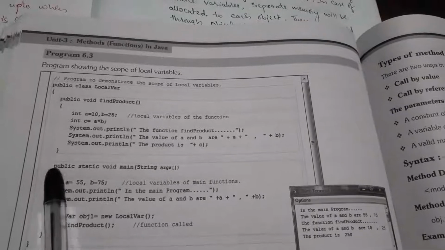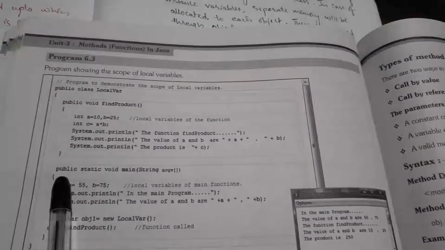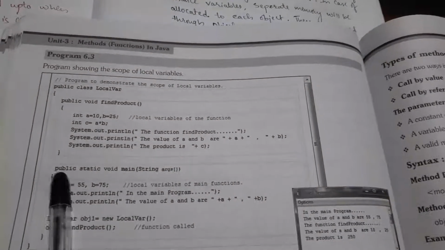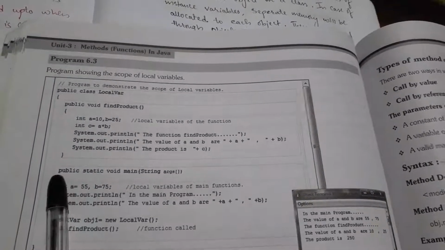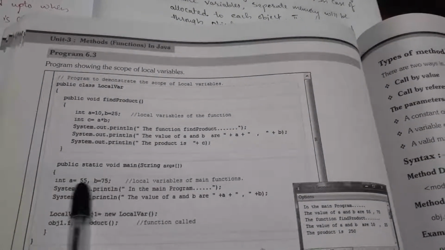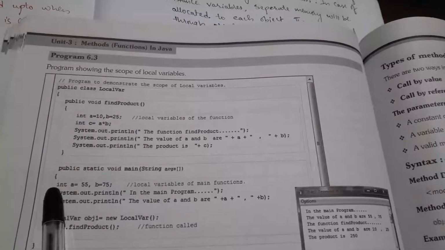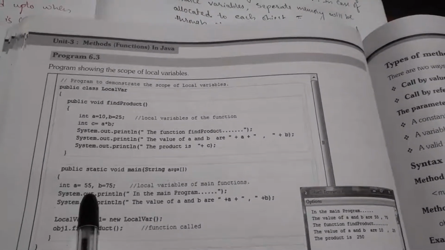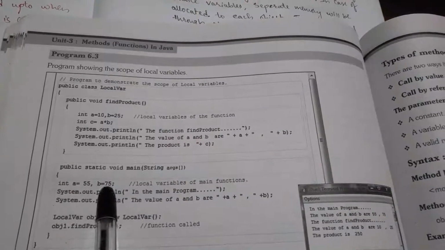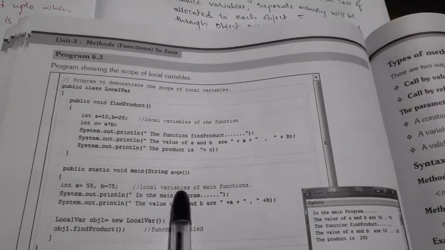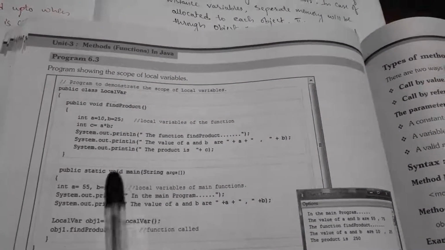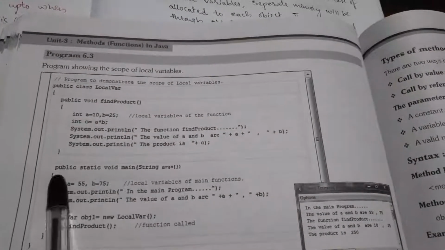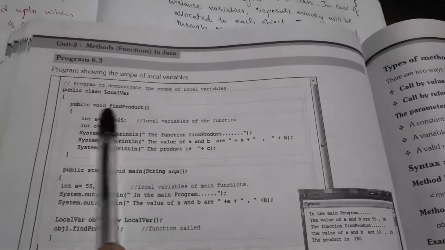Now similarly, after closing the curly braces, another method has been used, that is the static method, public static void main. Here also you can find a similar kind of variable but storing different values: a equals 55, b equals 75. This is called a local variable of the main function. So this is considered the main method. This is the method definition only.